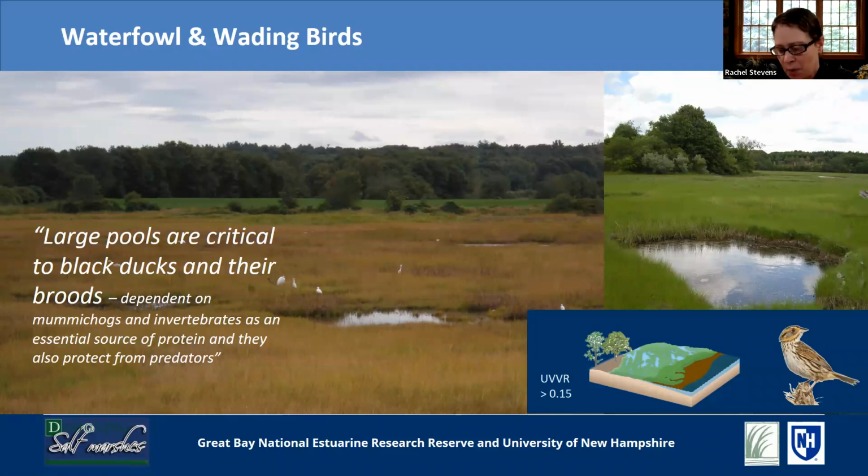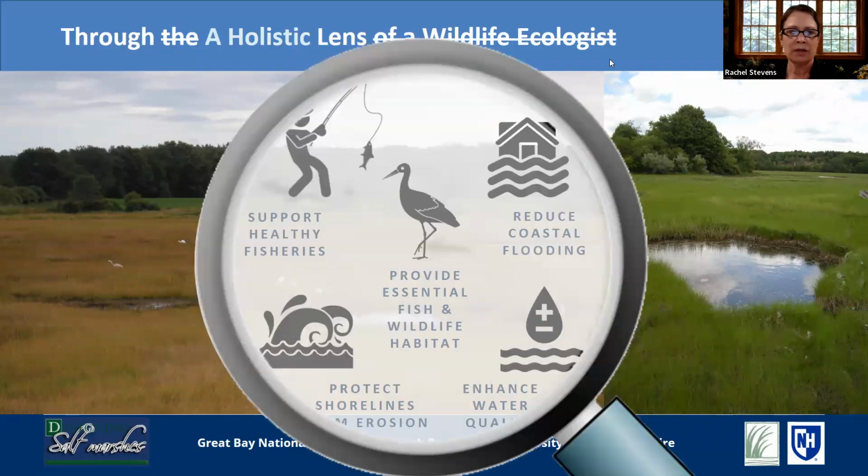So my real key point is that there's not one single prescription for how a marsh should look, but a diversity of habitats and habitat features supports a diversity of wildlife species and of marsh function. So looking at all of those functions in a much more holistic manner, taking off just my wildlife ecologist hat,